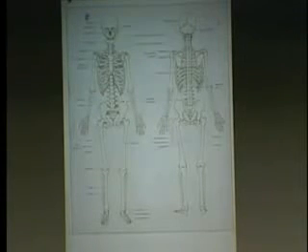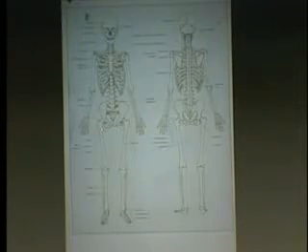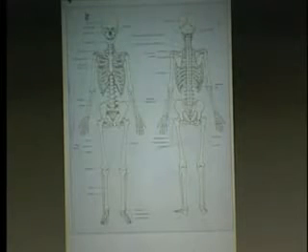Here's our pelvis, the pelvic girdle, the ilium, the ischium. This is what you're sitting on, your ischial tuberosities, and your pubis connecting the lower extremity to the axial skeleton. In the next one,